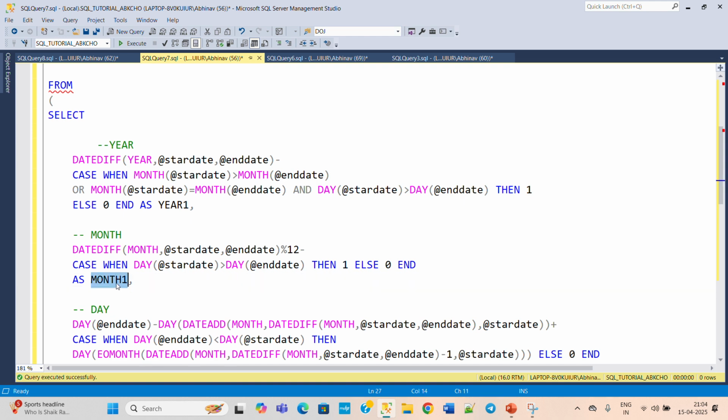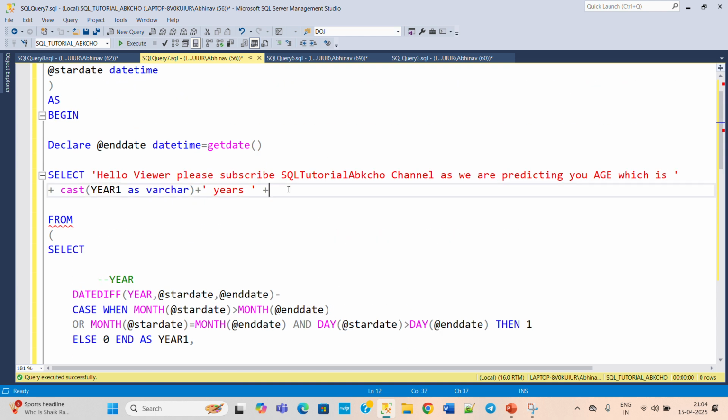First cast it: cast month as varchar, and then concatenate it with this many months,